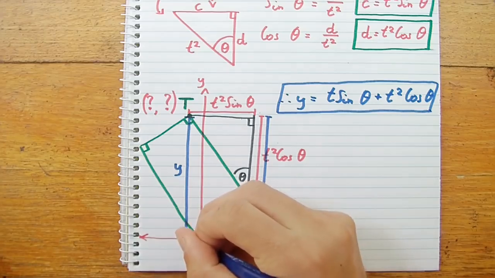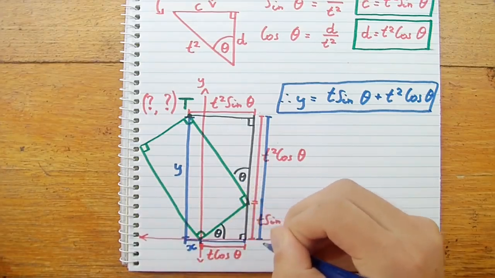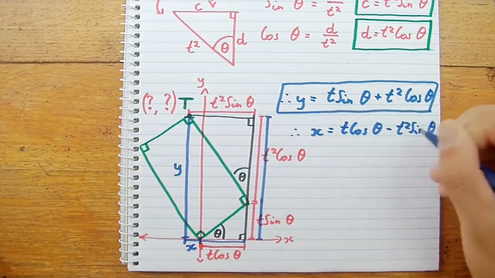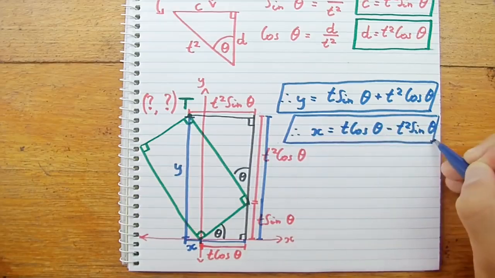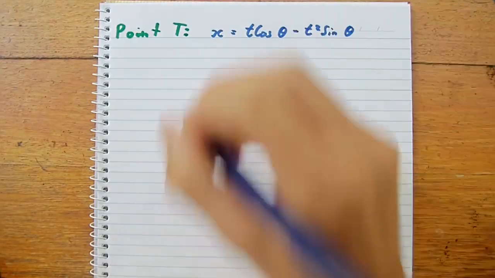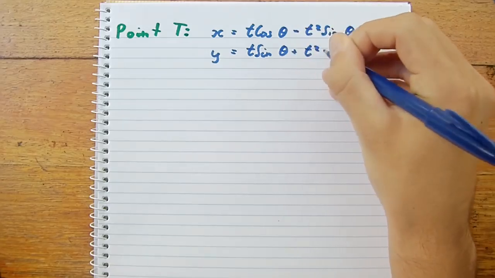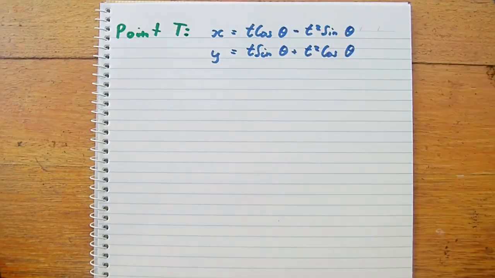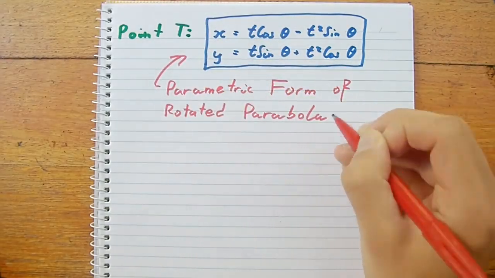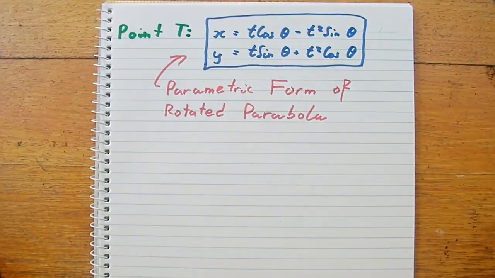The x-coordinate is how far along the x-axis it is, which is the bottom length minus the top length, t cosine theta minus t squared sine theta. Awesome! We have found the coordinates of t. X equals t cos theta minus t squared sine theta, and y equals t sine theta plus t squared cos theta. This here is the parametric form of our rotated parabola,